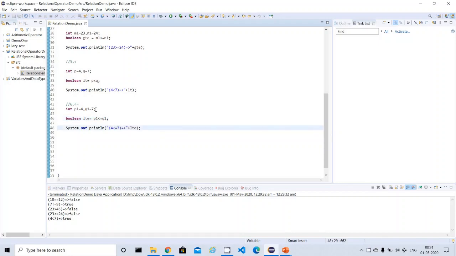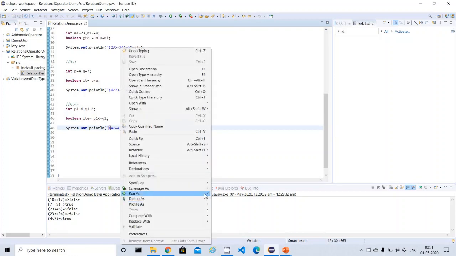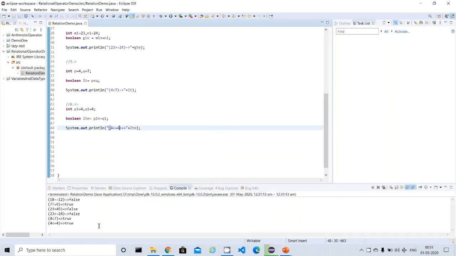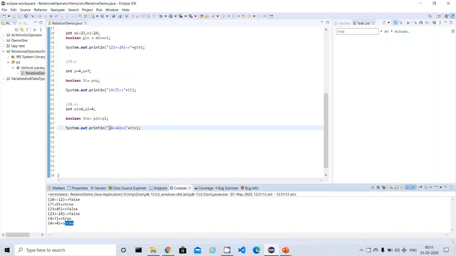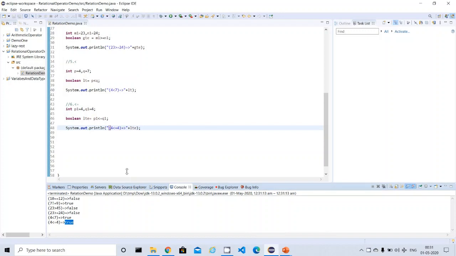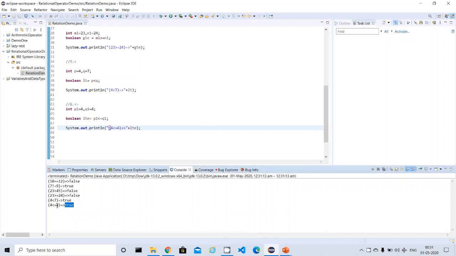So let's see what will happen. It's resulting true. For less than, if there is no equal to, we will get false here, but we have an additional check, equal to, so finally it's resulting in true.